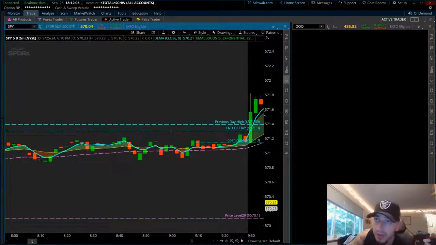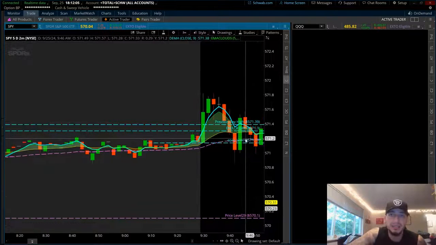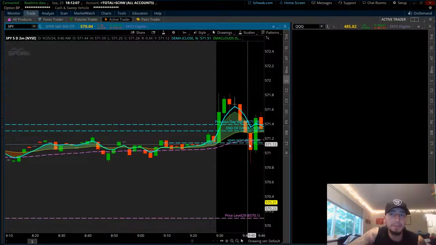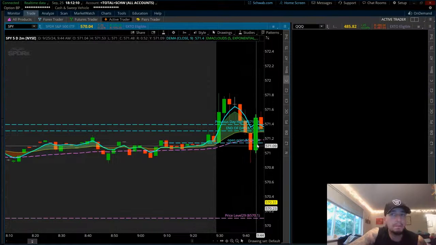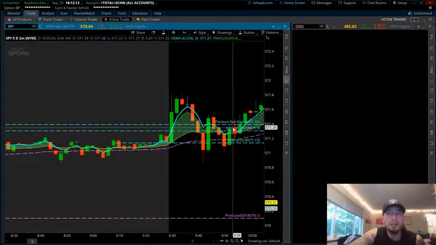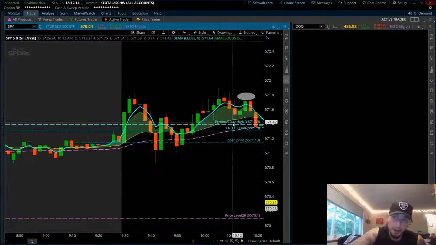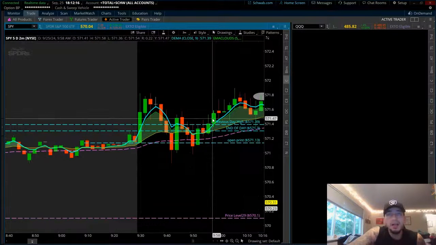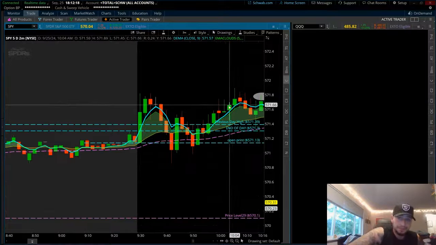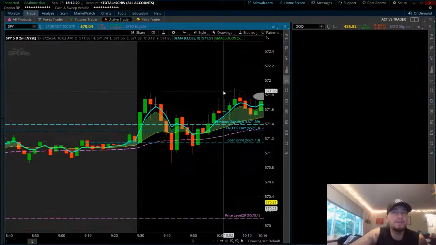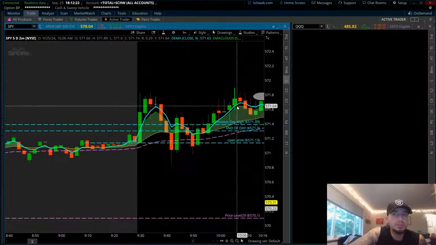So in the morning, I was like, listen, I'm just going to be patient. We got some selling. I'm looking for acceptance below that 50. Didn't get it. Buyers showed right up. Then we came back up. We ripped back above, and I wanted to be patient. Once again, QQQ was rallying, and I didn't like how fast it was going up. More or less, I'm just being patient here.